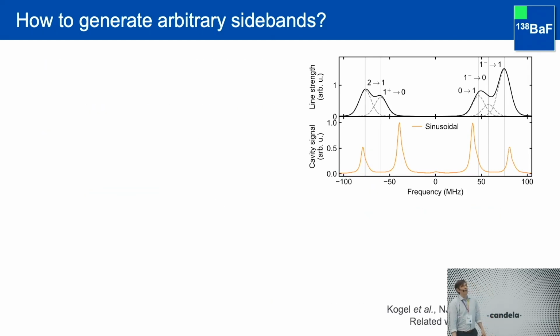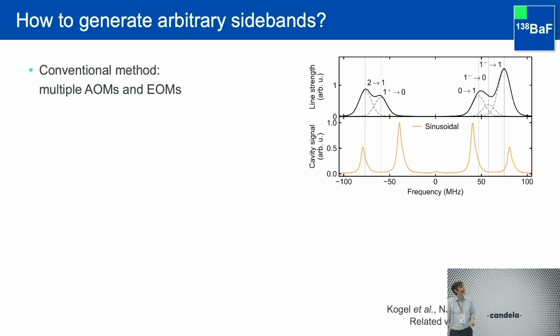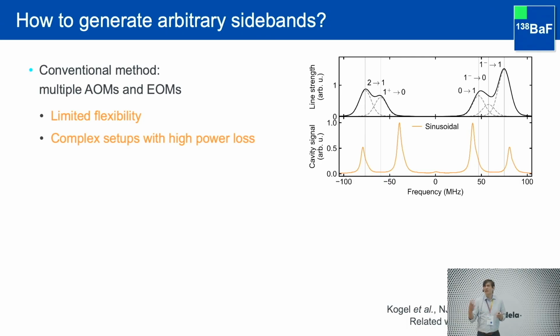Good. Now, how do you generate some weird spectra like this one? The conventional method would, of course, be to make this a bit more elaborate, add some AOMs with your EOMs, and then in principle, you can generate almost everything, but you're still limited: the amplitudes, for example, are still given by Bessel functions and so on and so forth. The spacings are set by the drive that you put on there. And also, in terms of experiments, in molecular laser cooling, you do need all the power you can get. And if you put something through EOMs and AOMs, you're just losing a lot of power. So that's not very efficient. So what is a better way?